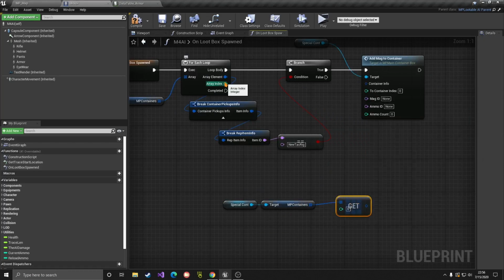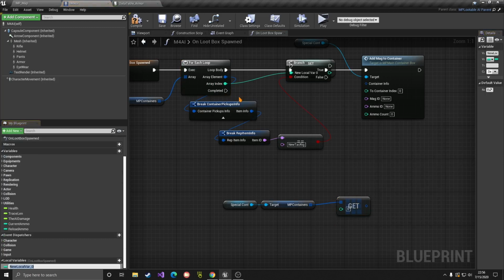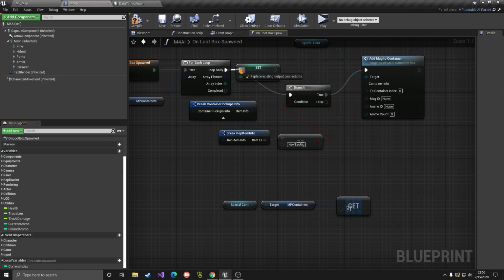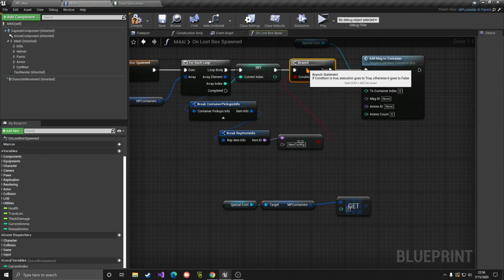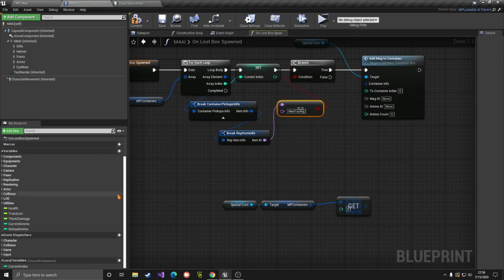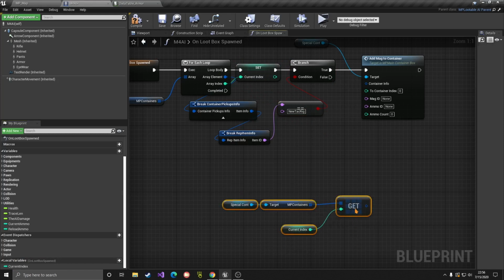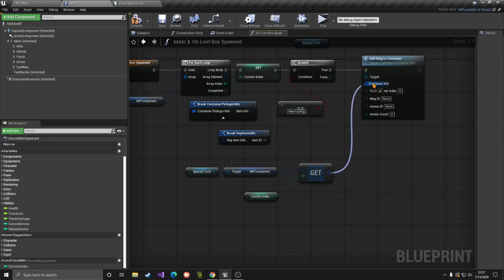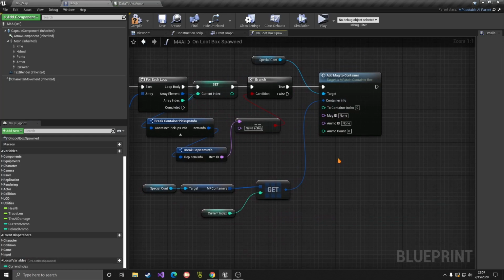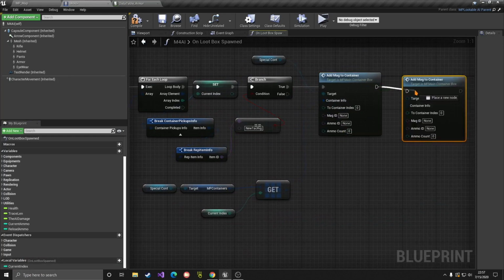So I can just do current index. So this will be our current index there. Just so that we can clean things a little bit, let's grab it from the local variables here. So this is our tactical rig. We're going to put it there at index 0 and 1. So we're going to add 2 mags to this